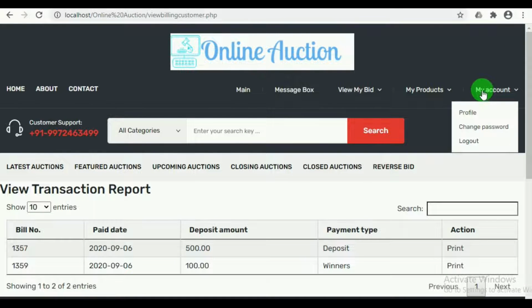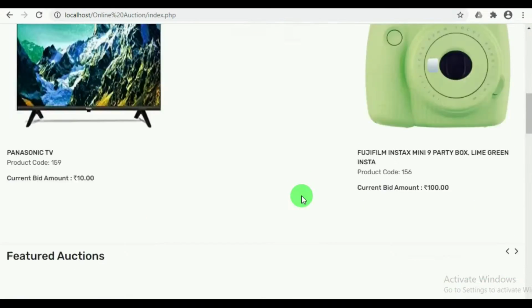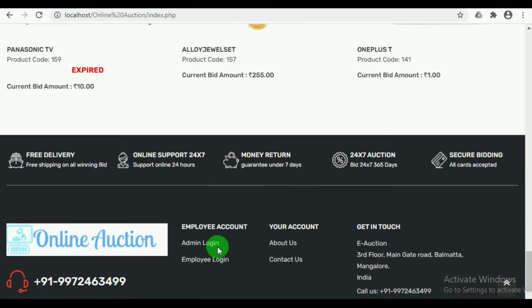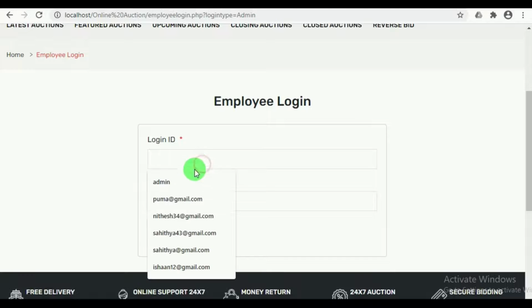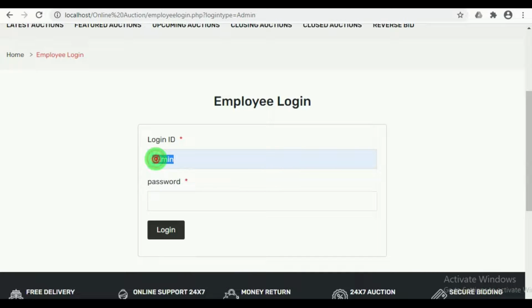Now let us log out from the winning customer. Let us log in as admin. Admin must log in by mentioning their login ID and password.